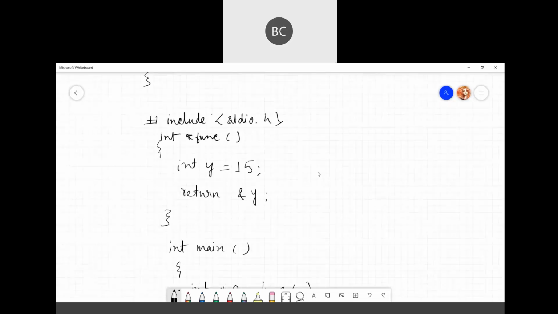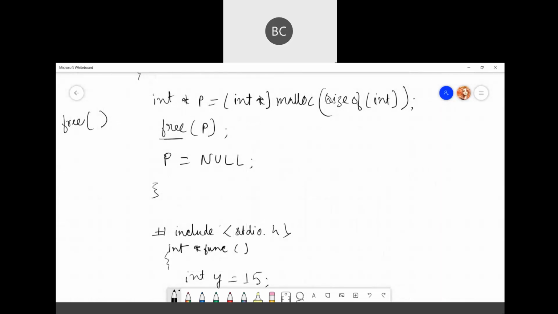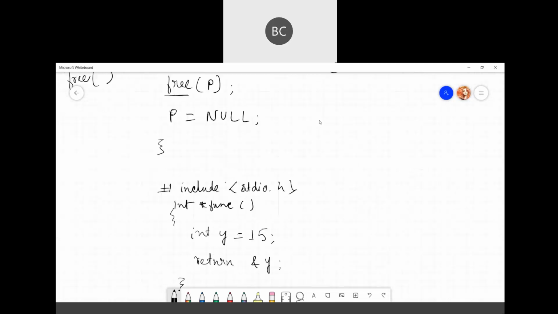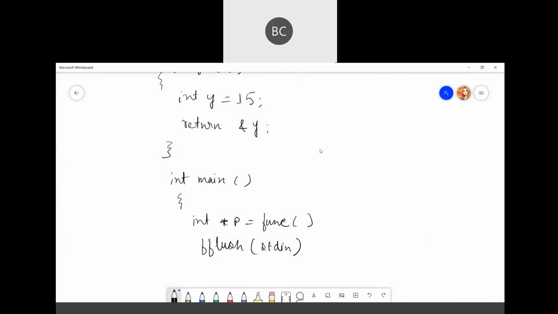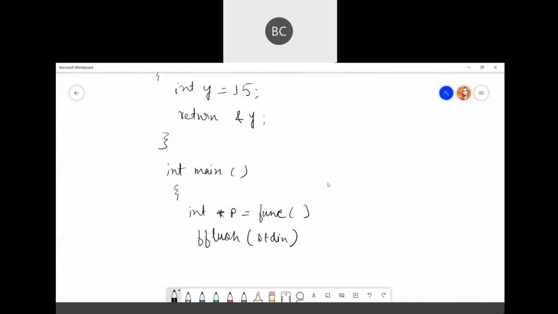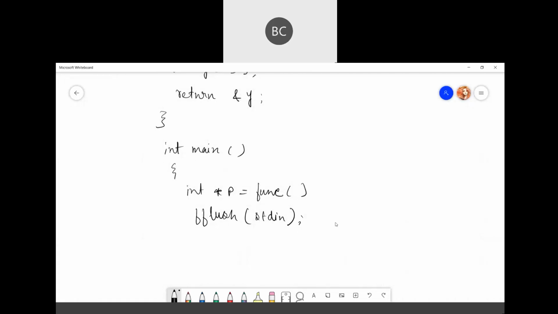For dynamic memory allocation, we use free to deallocate any memory. And if you are not using dynamic memory allocation, in the normal way, you can deallocate the memory and then use the pointer p.